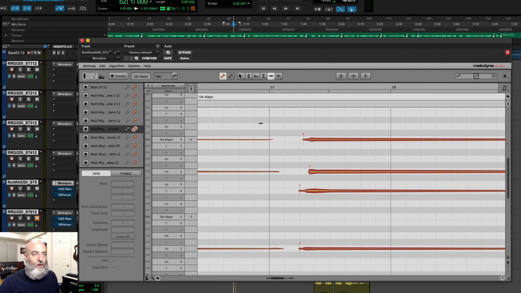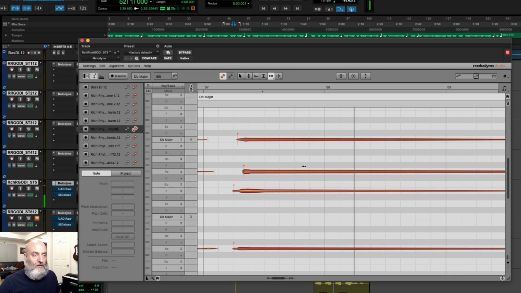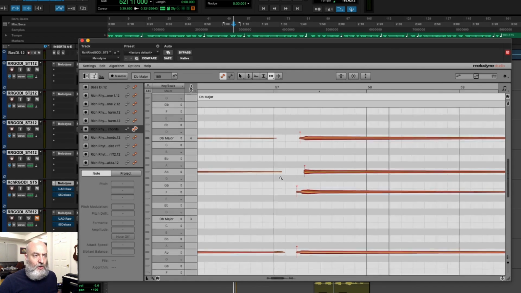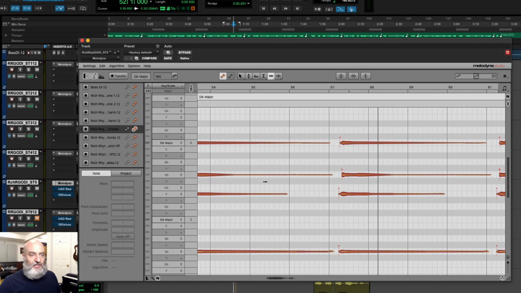If we listen to this chord, maybe I want that to roll out a little slower. So I want to show you something cool about note selection here in Melodyne, right? If I select a note, it just selects that one note. But if I come over here to my pitch grid and select this empty box on the note, it selects